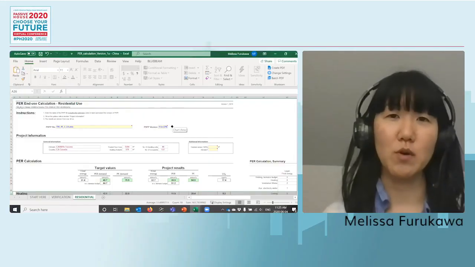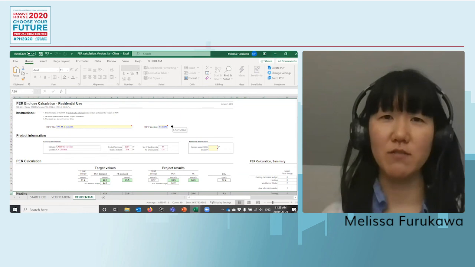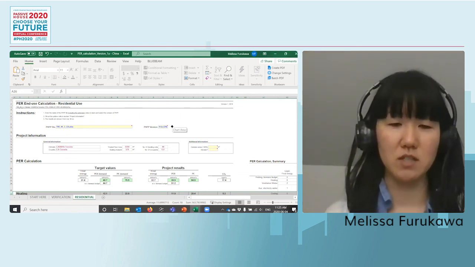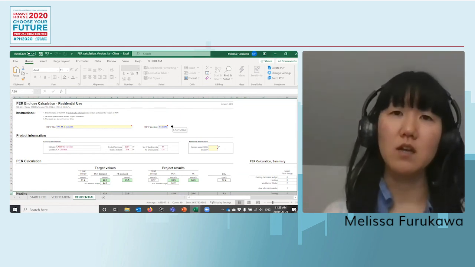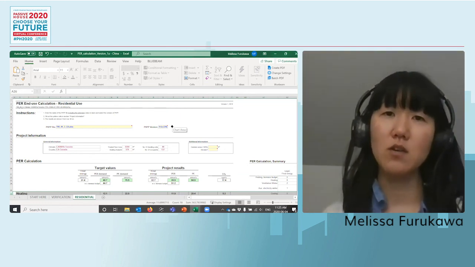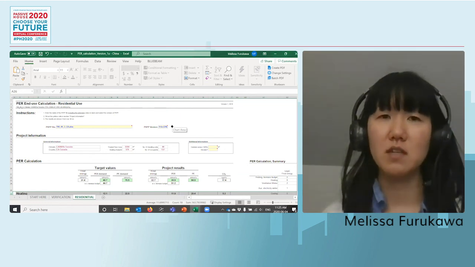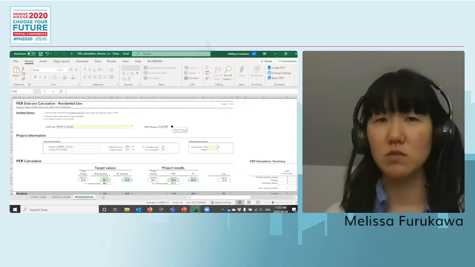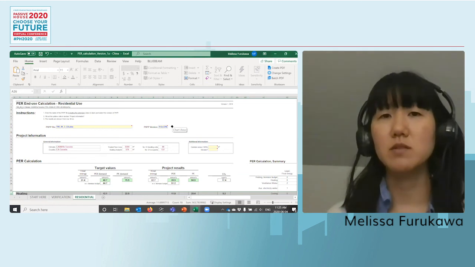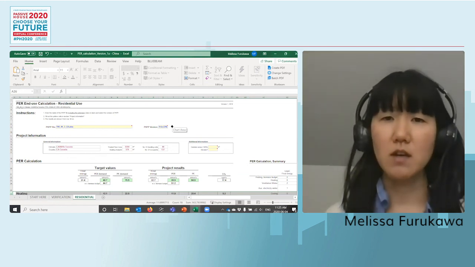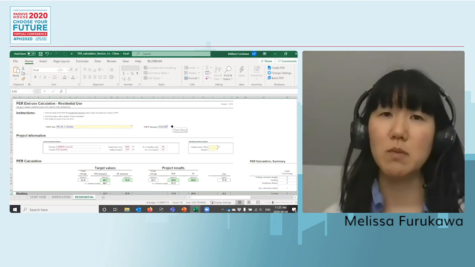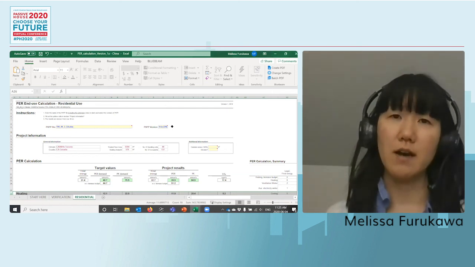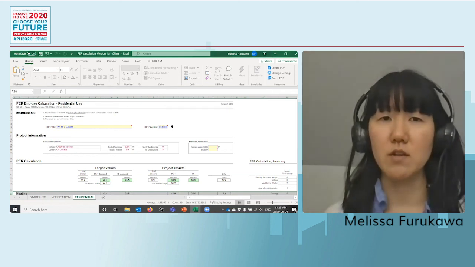So I hope this tool will be helpful for you. As a certifier, it has definitely made my life easier, because projects can know from the beginning what their PE or PER target will be, instead of waiting until later in the game when we would have to liaise with PHI to get a project-specific target. So it makes the certification process much easier for both the consultant and the certifier